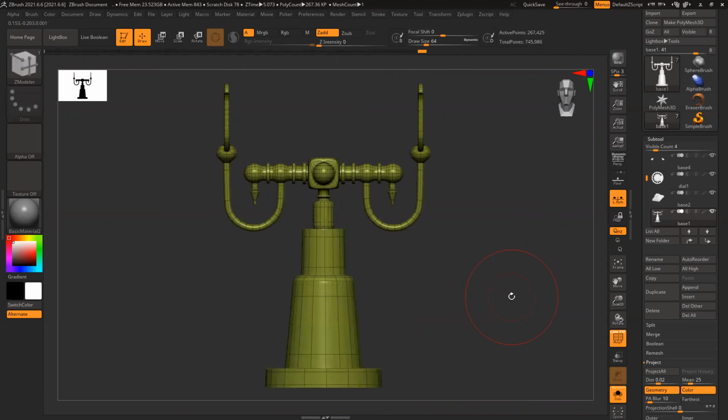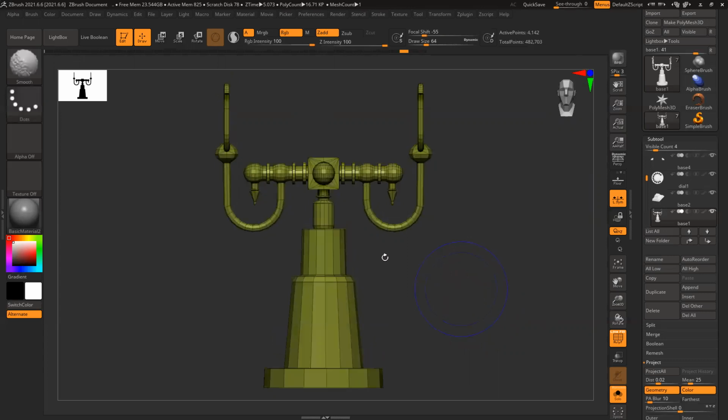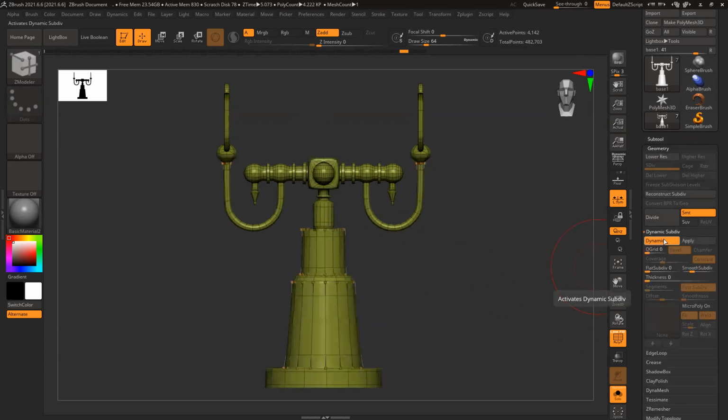But one thing you need to keep in mind, whenever you subdivide the model, it shrinks the model slightly. So what you can do here, to not shrink the model, go to geometry. There's something called dynamic subdivision. Click on this.